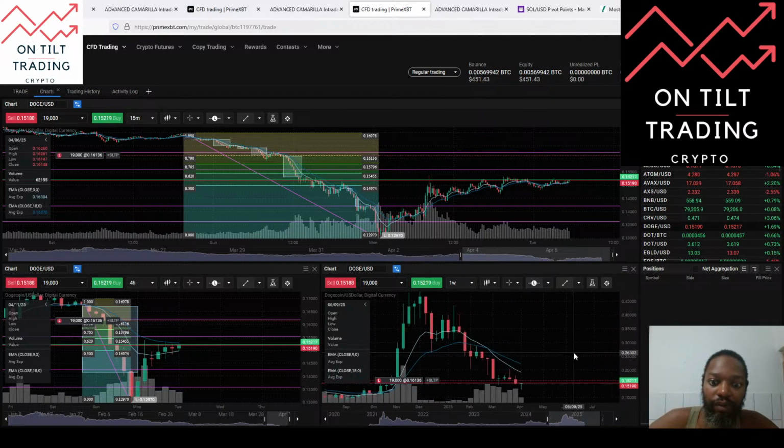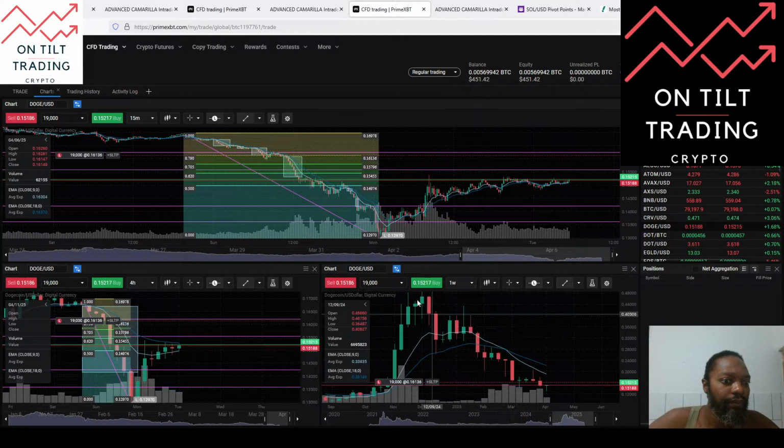That would be my goal. So I'm expecting some potential protraction back up into this fair value or into these fair value areas. And that's why I would set to take an entry here, and then I'll pull up